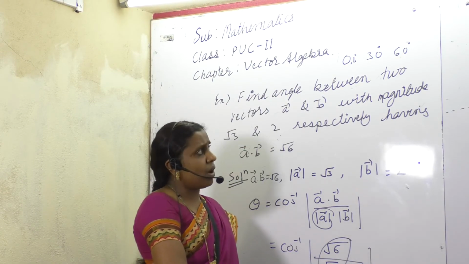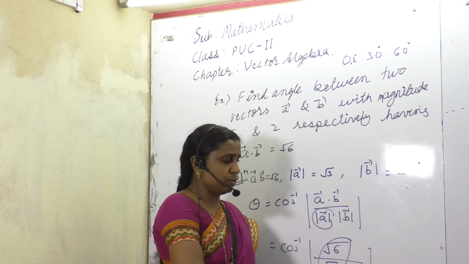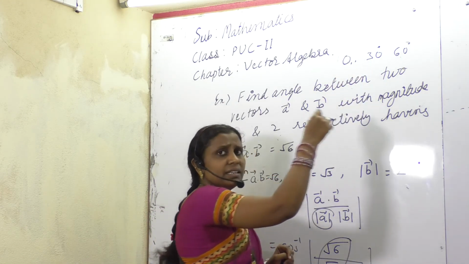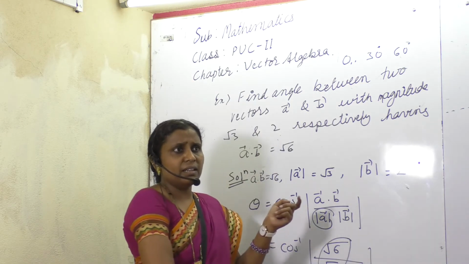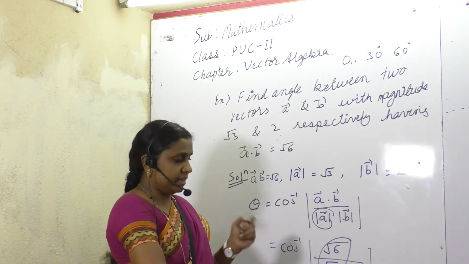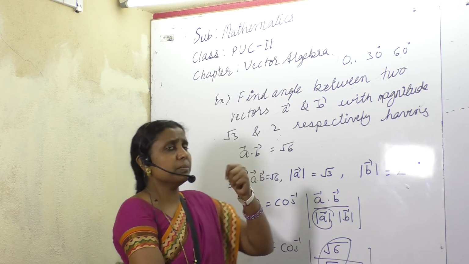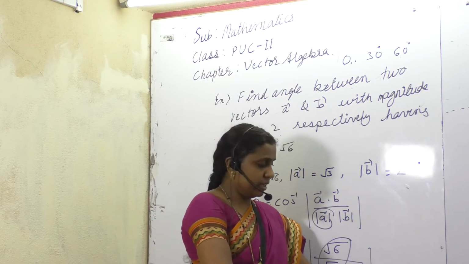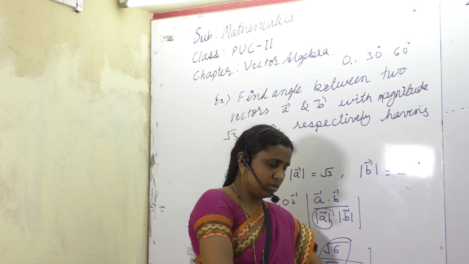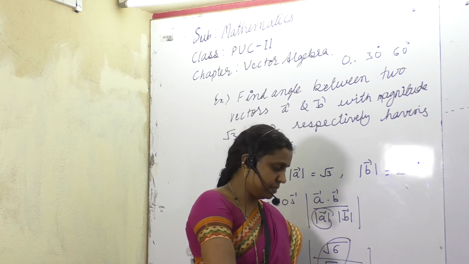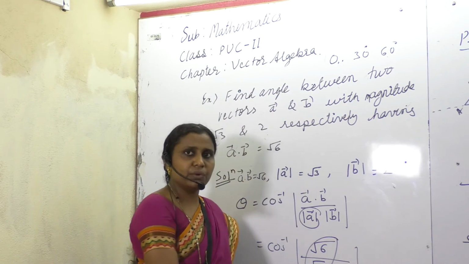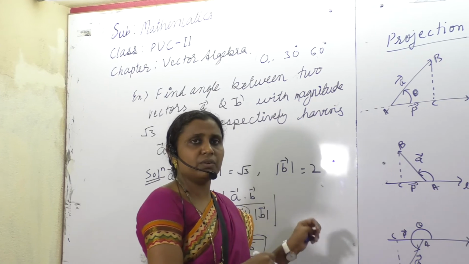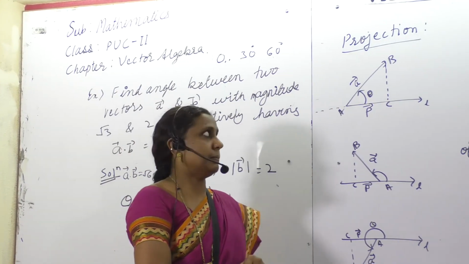Out of those infinite values, we will be remembering only a few standard angles like 0 degree, 30 degree, 60 degree, 45 degree, 90, 180, 360, 270, like that. It is not possible to remember all the values, no? That's why we know only a few. If we know, write the standard angle. If it appears to be a standard angle, you write in terms of that. Otherwise, as we did in the previous example, you can just wind it up as a conclusion.